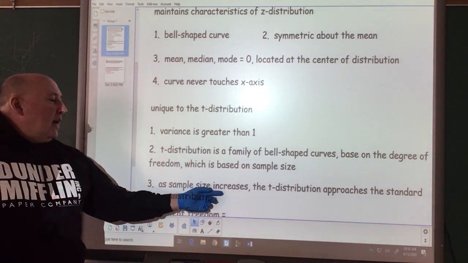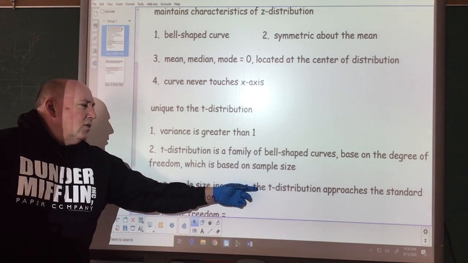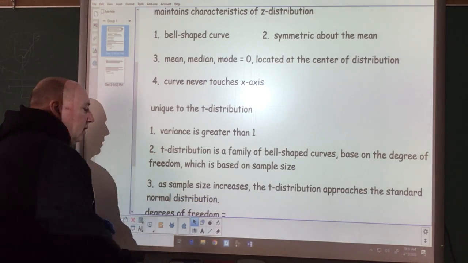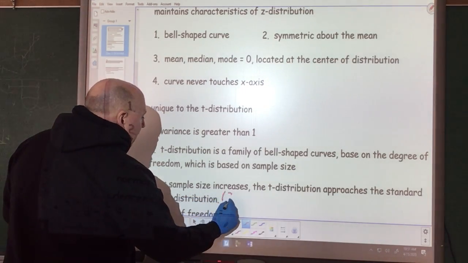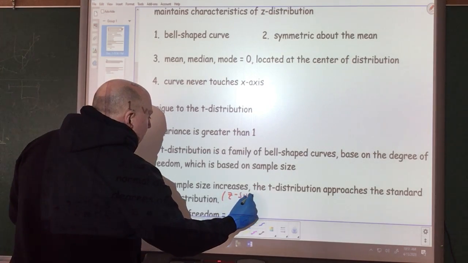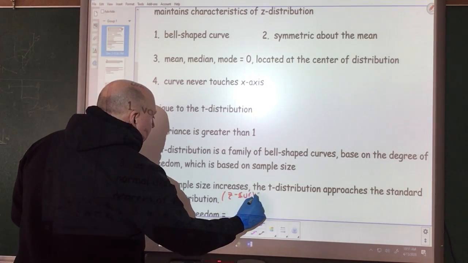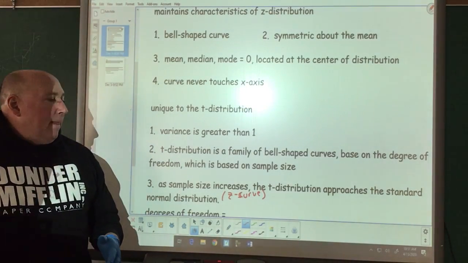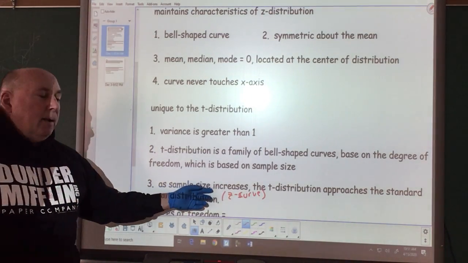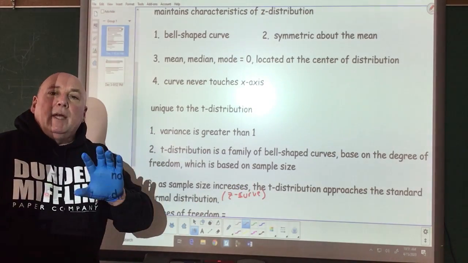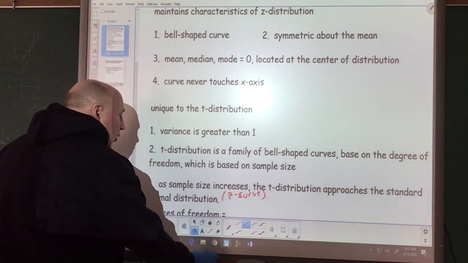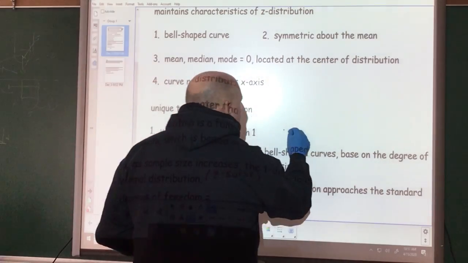And as the sample size increases, the t-distribution approaches the standard normal distribution, which is a z-curve. So as our sample size gets bigger and bigger, we get closer and closer to a normal distribution. So what this looks like here